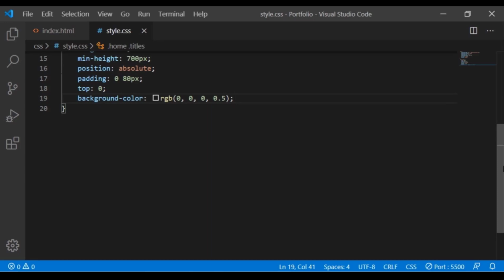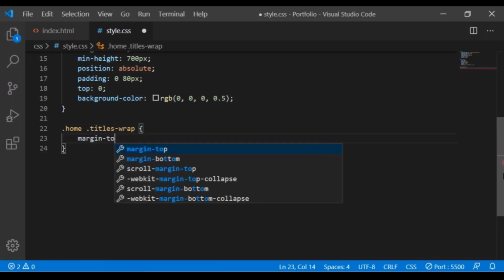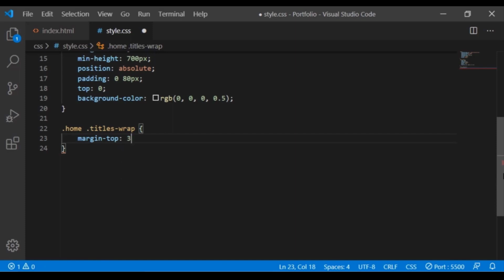Next, we will target titles wrap. Add a margin top of 300 pixels. We will target the header 1 tag within the home section.